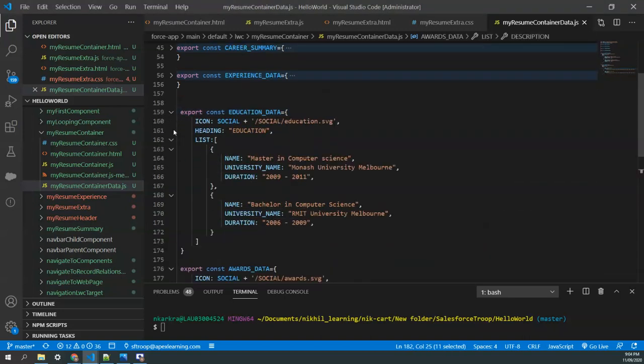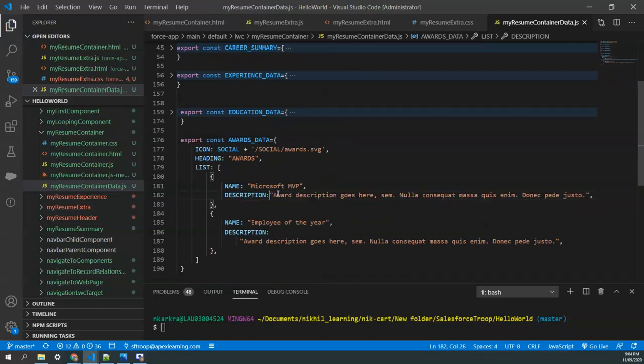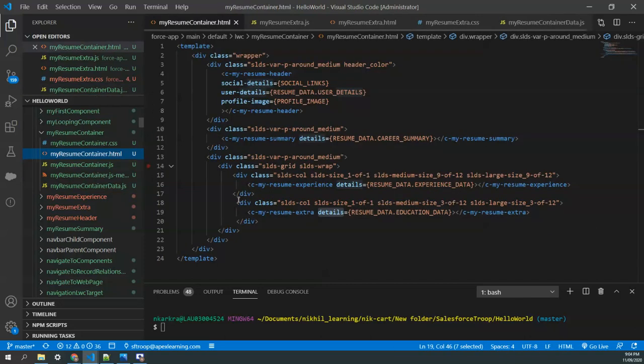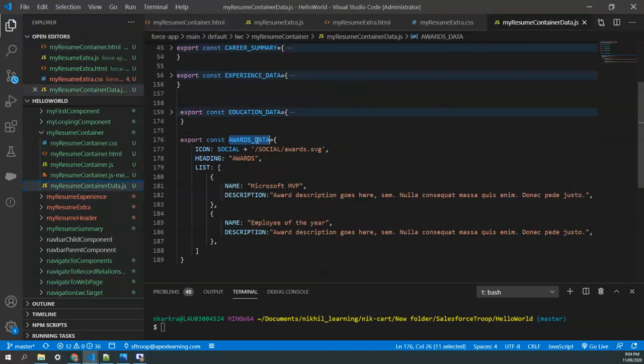In the previous one we were having the name but no description. It was university name and duration. This time we have description. Okay, so the data structure is almost same. That's why we are able to build a reusable component. Okay, so let's go and call the component again below this, and we'll pass the data down, awards data,